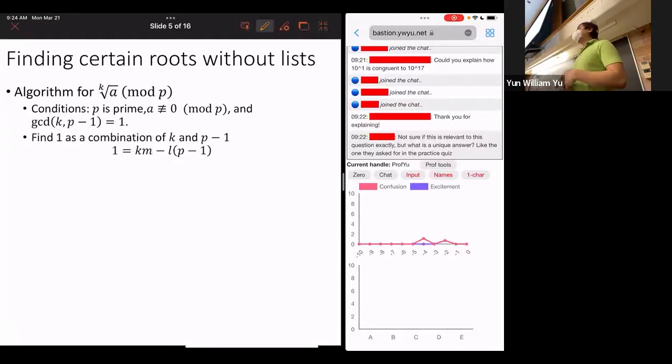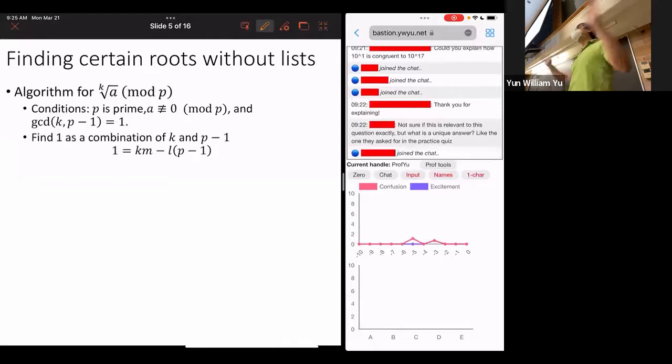Okay, so we have our conditions. So then the trick is, we want to find 1 as a combination of K and P minus 1. And I've written this in a weird way, but in order to solve this, you can just make use of the same thing we've been doing for combinations all this time, using the reverse Euclidean algorithm. Once you've done that,